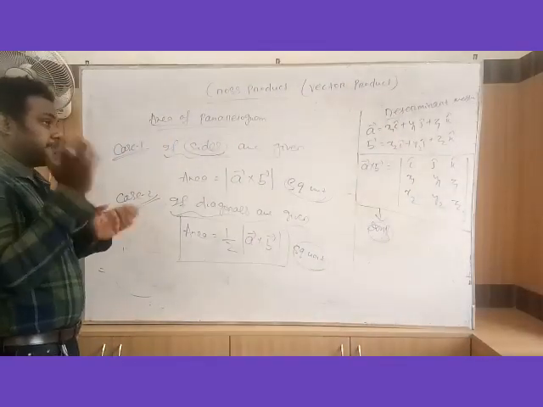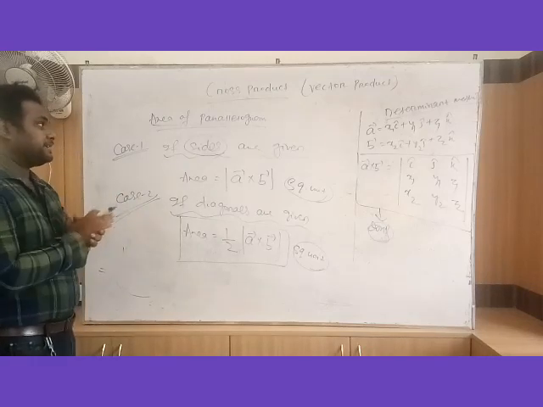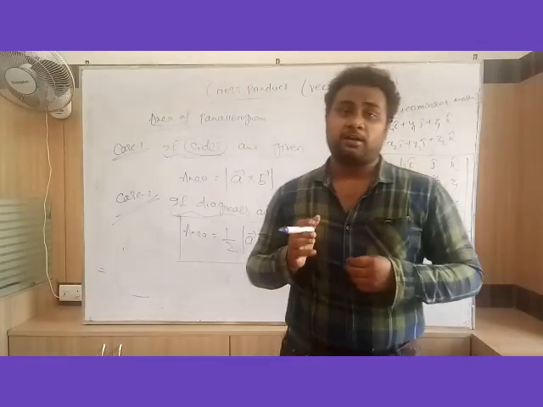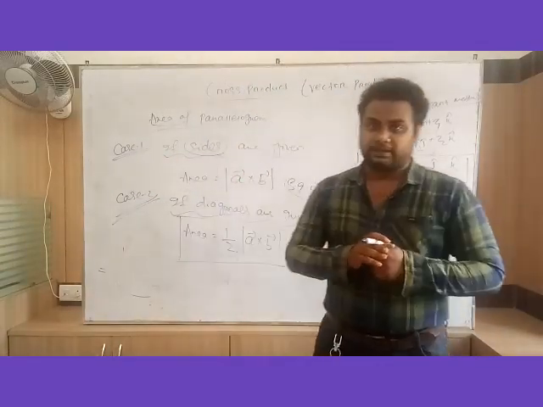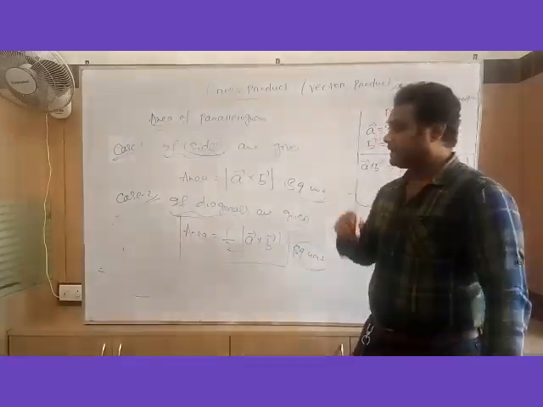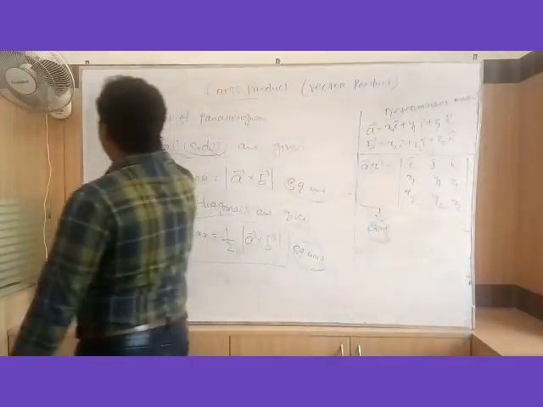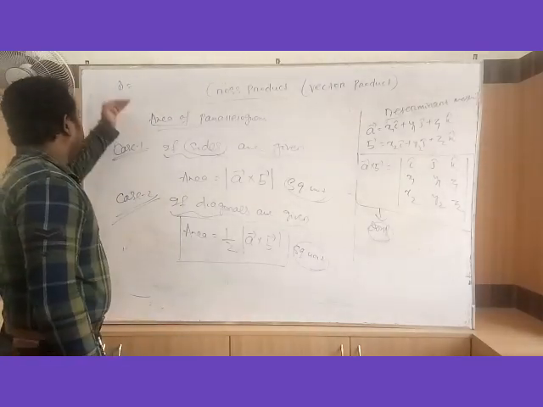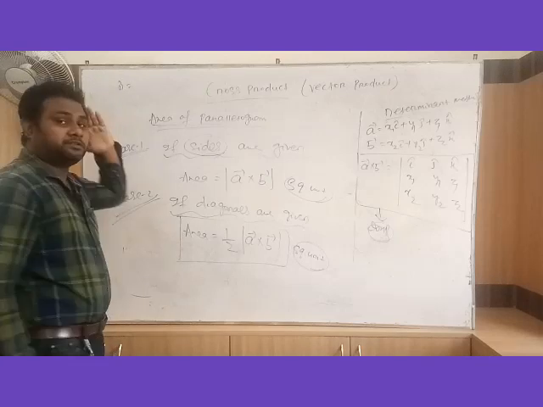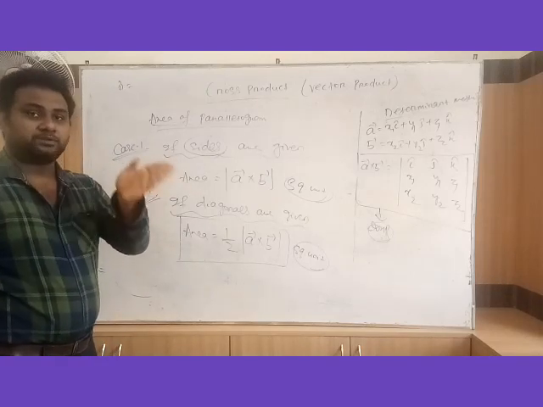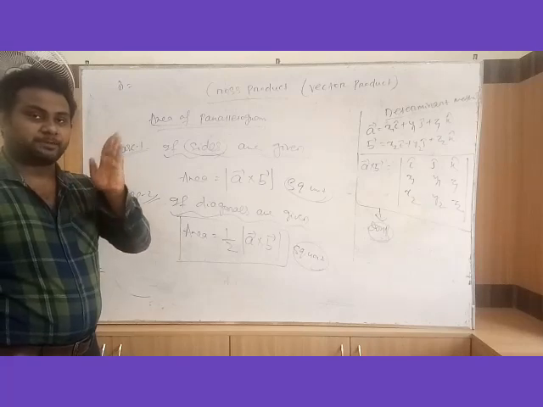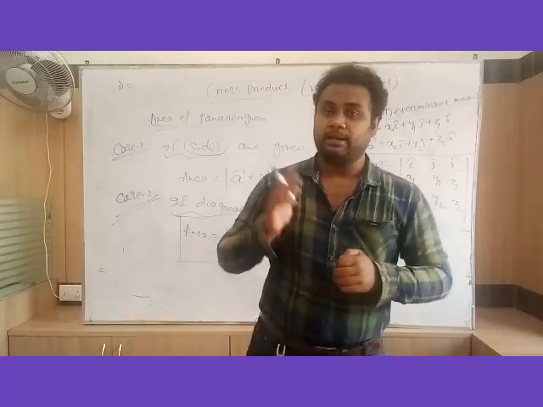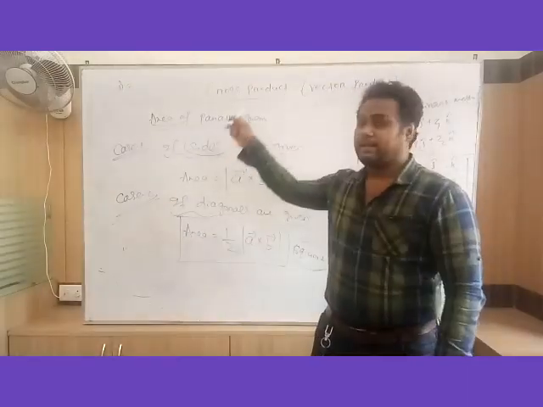At the beginning, we already discussed how to find the unit vector perpendicular to two vectors. So what is the formula? That is n cap. We also know how to find the sine of the angle: sine theta equals magnitude of A cross B divided by magnitude of A into magnitude of B. Now you have to do the problems of exercise 12C using the formulas given here.